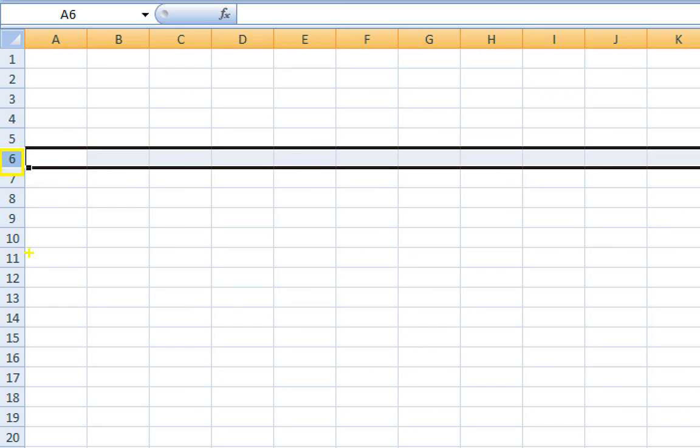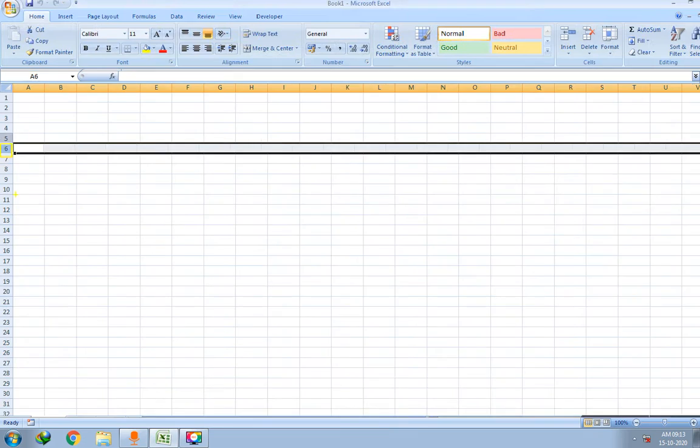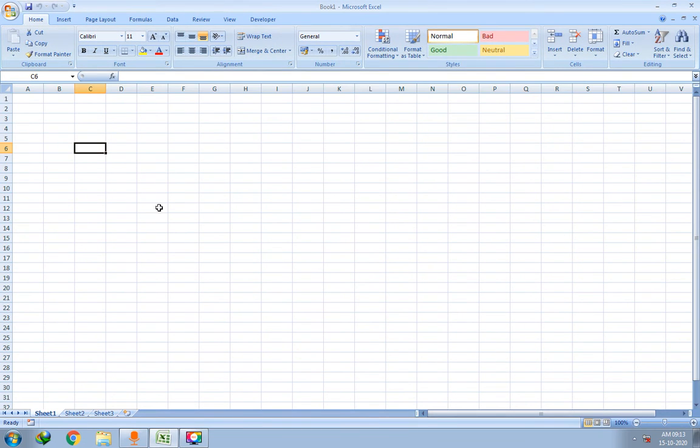Now if you want to move to the next cell in the row, you can use tab. There is a button on the keyboard, tab. You can press that tab, tab, tab. Is it clear? Alright.